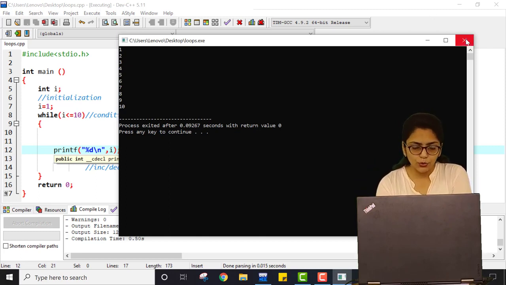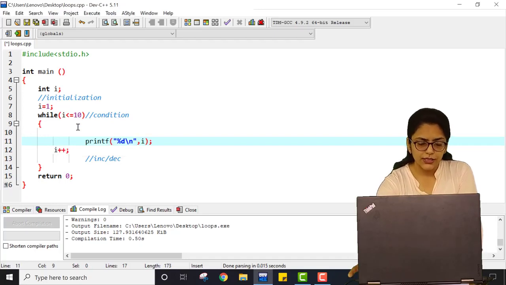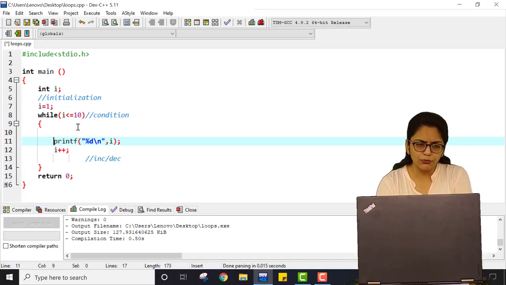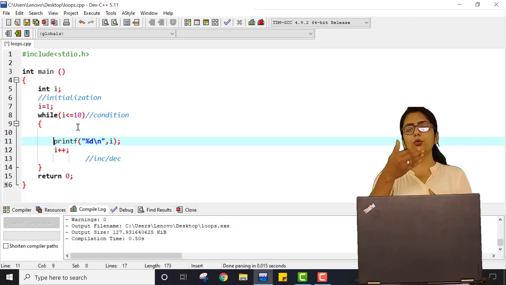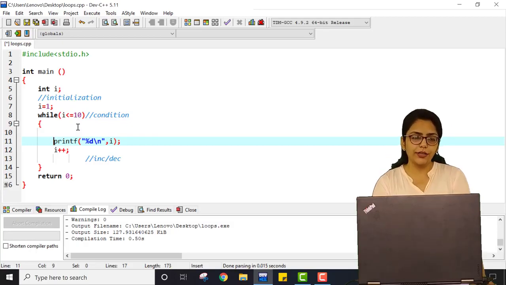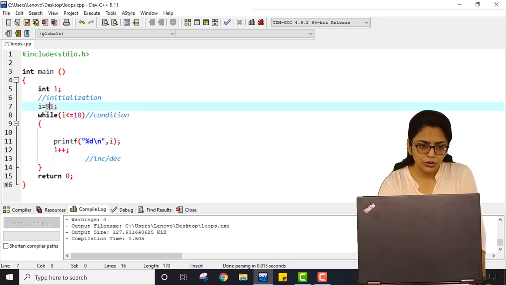Now, what can I do? I want to show you something. Suppose in the while loop I don't want to print the range from 1 to 10. I want to print the range from, say, 91 to 100.